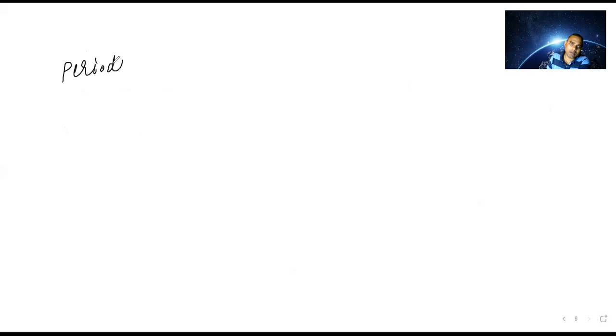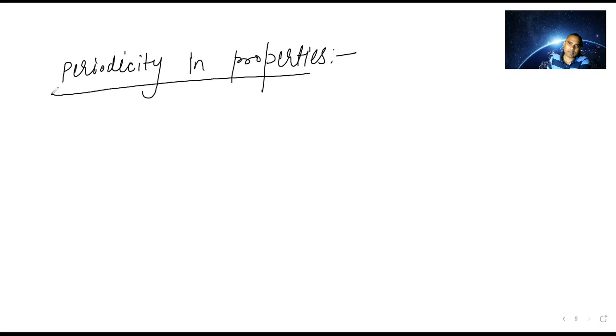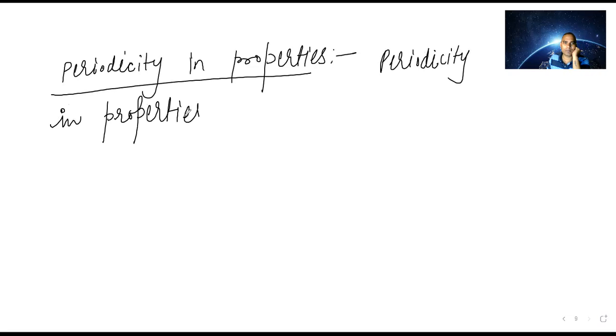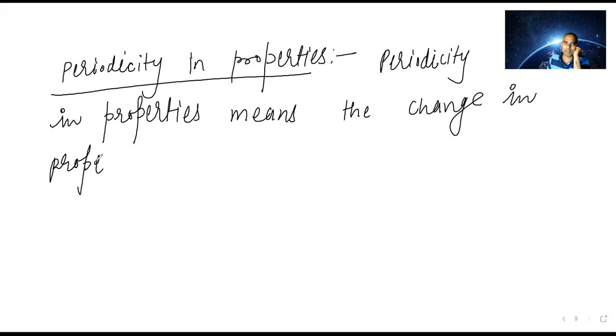Periodicity in properties means the change in properties